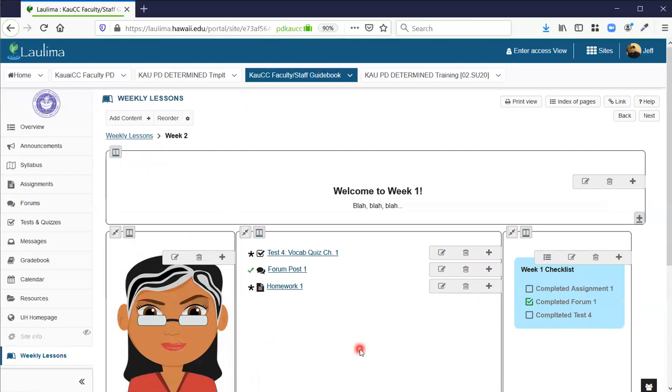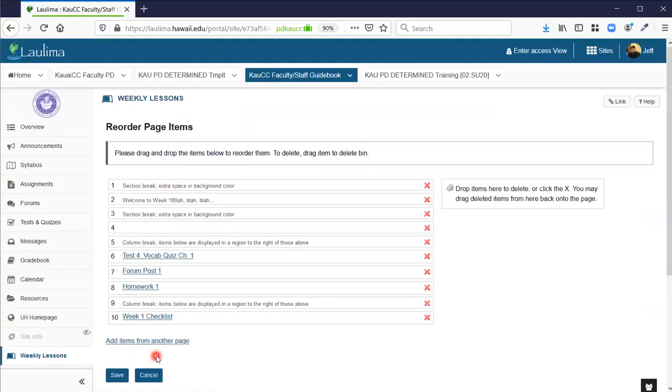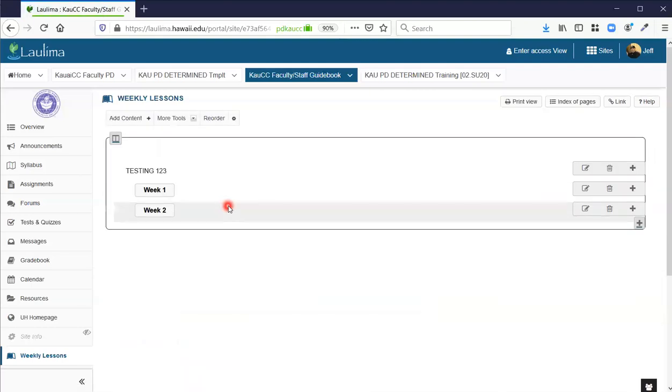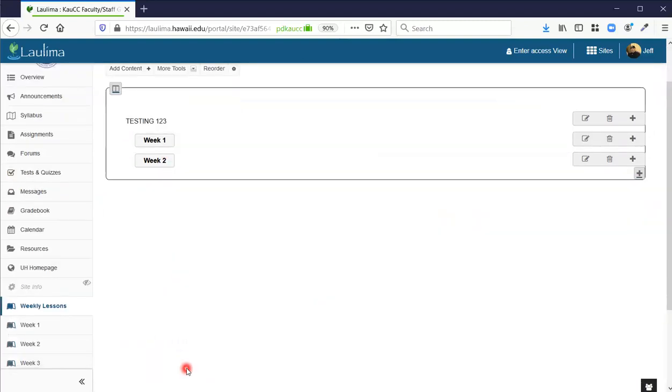And now my week 2 has brought all the structure from my week 1 subpage right in here, right? Again, that reorder and being able to add items from another page is extremely helpful because you don't have to build your modules from scratch over and over again. Once you get it set up, how I suggest you use this is, if you're using sub pages, build out all the sub pages for your class. So if this was a semester long course, build all 16 weeks of sub pages, right? Go to your last sub page, week 16,